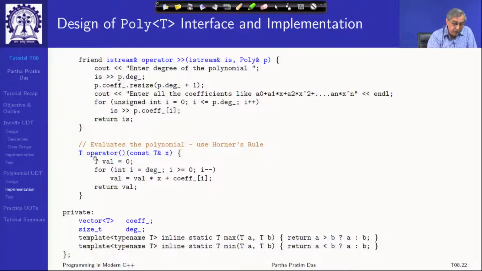So, what I do is, instead of giving a different function, I actually overload the function call operator. So, this is a polynomial UDT, which is also a polynomial functor, right. So, if I invoke the function call operator in this class with any given parameter value, then the polynomial will automatically get evaluated, right. So, you can see how things are